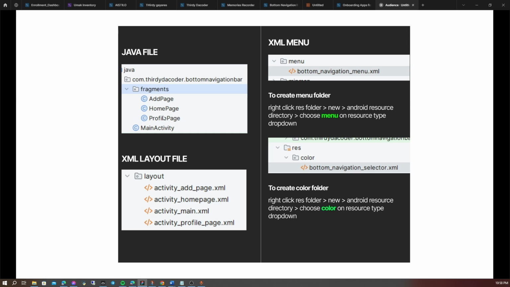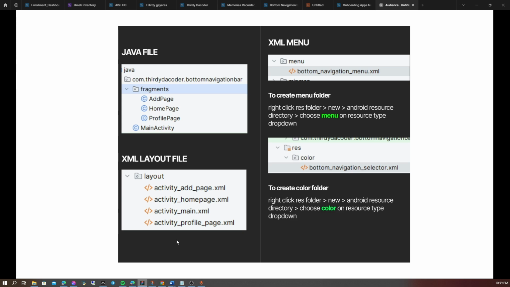By categorizing this way, it becomes easier to navigate and update specific parts of the project. Similarly, in the XML layout files, each activity has its own XML file. This makes it easy to find and edit the layout of each activity without getting lost in a lot of files. We also have separate folders for menu and colors.